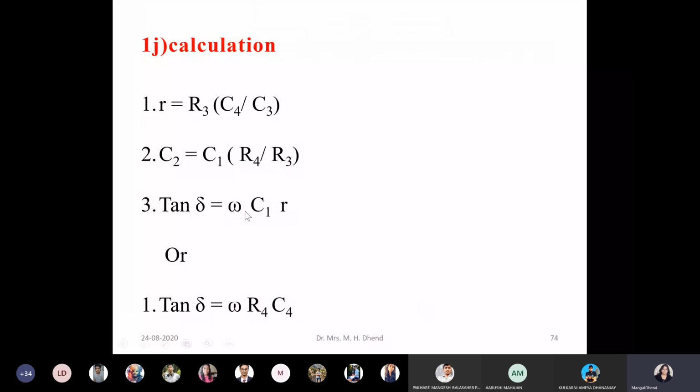So remember whether it is the nearby arm, or in front of the arm, or its own arm, because for C1 you are finding tan delta, meaning its own resistance, and omega C4 R4. If you are finding tan delta of the first arm related to C1, it is in front of the branch C4 R4. But in some examples it may come as C3 R4. So instead of remembering C4 R4, remember that tan delta will be omega times the opposite branch resistance and capacitance. That way you can find tan delta, loss resistance, and capacitance also.